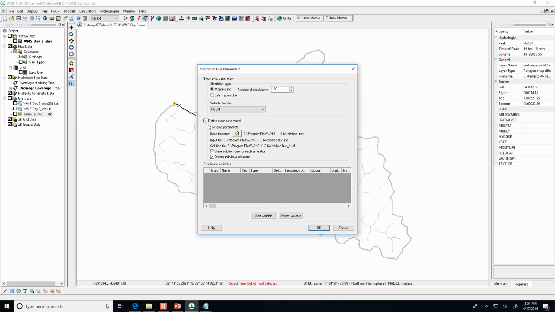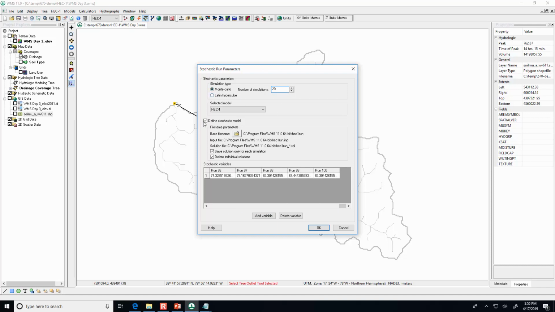So if you've got Define Stochastic Model checked, then add a variable, and it's going to put in a different curve number. It's going to use a range of different curve numbers, and right now it is doing 100 different runs. That's probably more than we want. Let's have it do 20 runs.